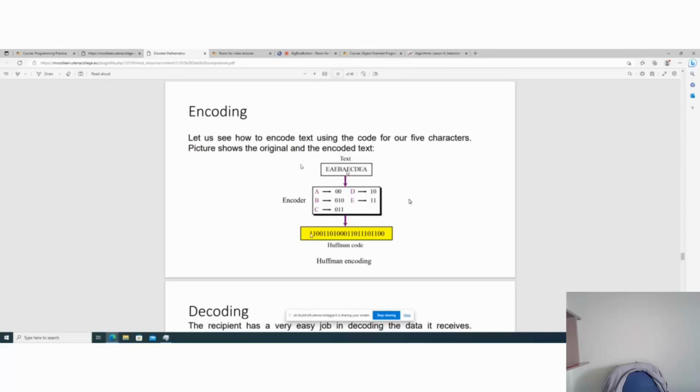The previous character is the same. So after this, the previous character will be the same. So okay, let's now we put that 0, then we say okay to become this one. Then we